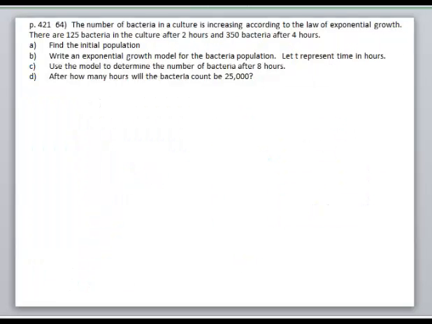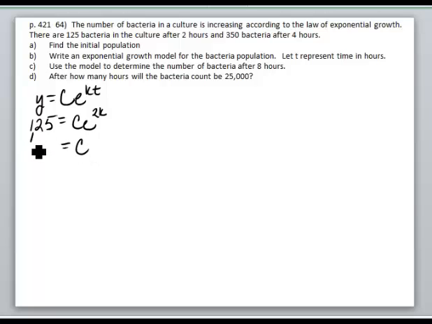Okay, this is my last problem for this section. We're going to start out by using y equals c e to the kt. They talk about the number of bacteria in a culture that's increasing according to the law of exponential growth. There's 125 bacteria in a culture after 2 hours and 350 after 4 hours. Find the initial population, that would be C. We have to use this information in order to figure that out. So there's 125 bacteria after 2 hours. So I could say that C is equal to 125 over